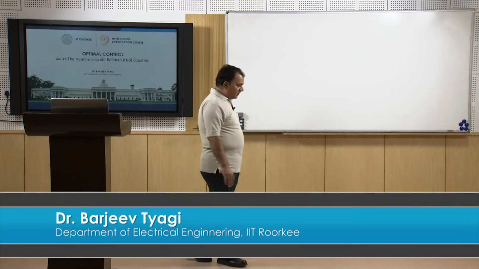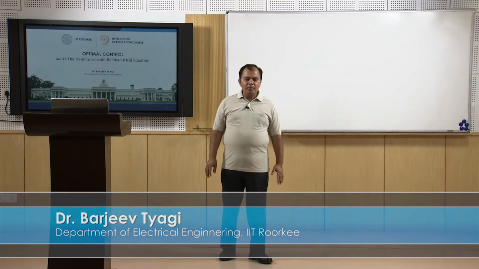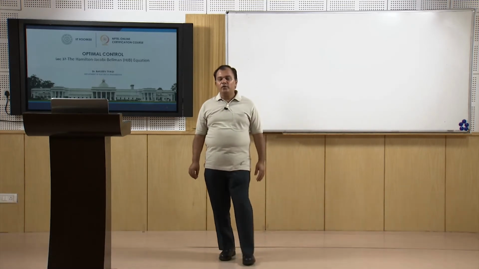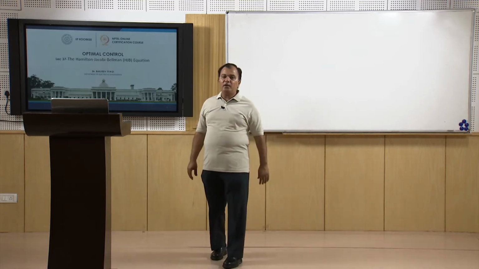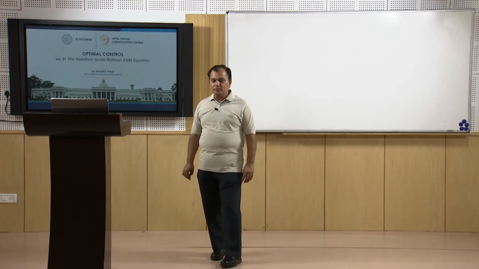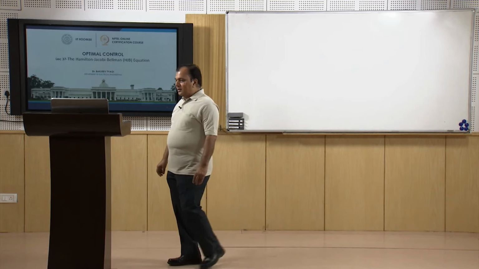In today's session we will discuss the application of dynamic programming to a continuous time system. In the previous class we have seen how the dynamic programming approach can be applied to a discrete system. This approach is based on the principle of optimality, which we discussed in the previous class, which says the optimal policy has the property that whatever the previous state and decisions, the remaining decisions must constitute an optimal policy with regard to the state resulting from the previous decisions.